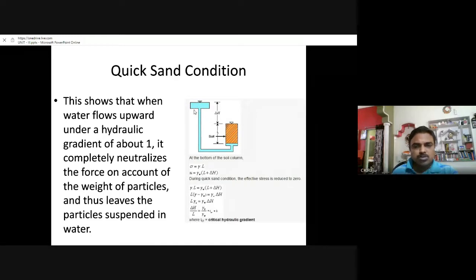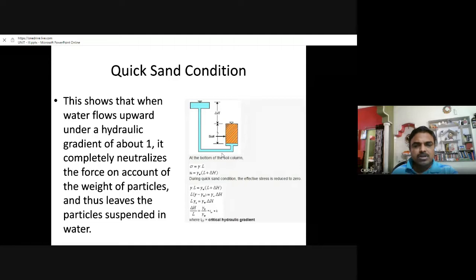The total pressure head available at the bottom of the soil sample is the length of the sample plus delta H on top of the soil sample. The soil is just saturated, so the water table is at the top of the sample. Therefore, the head available there is 0.